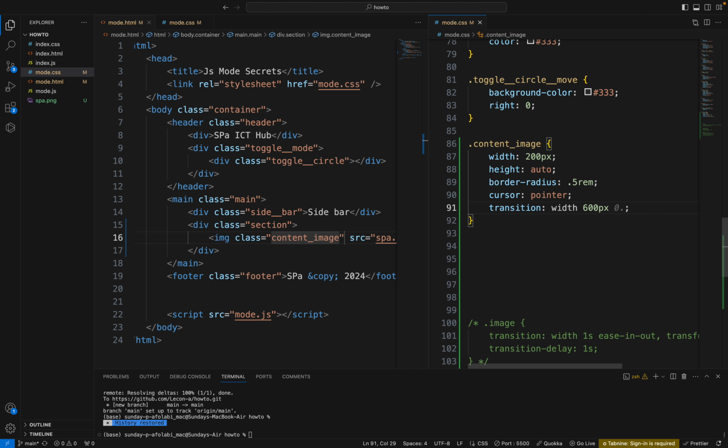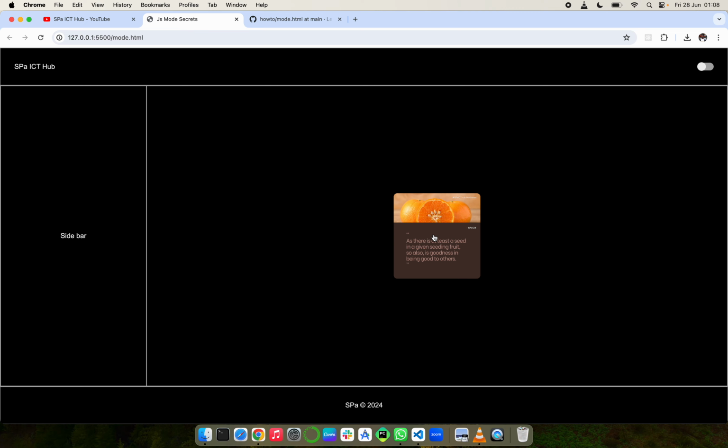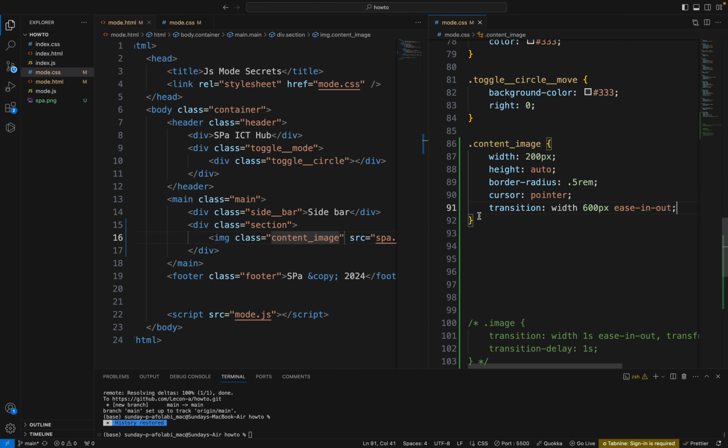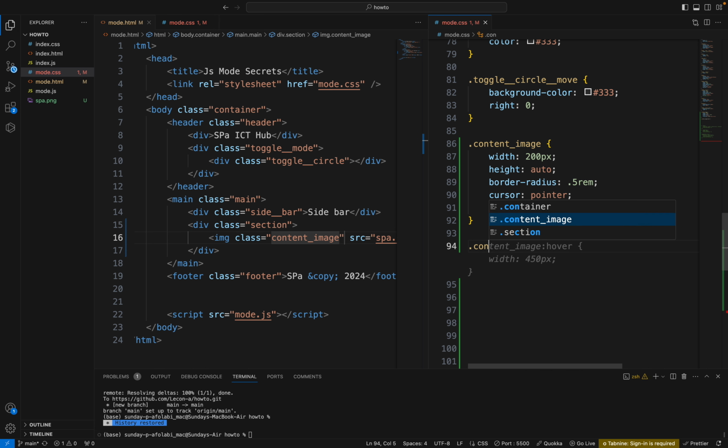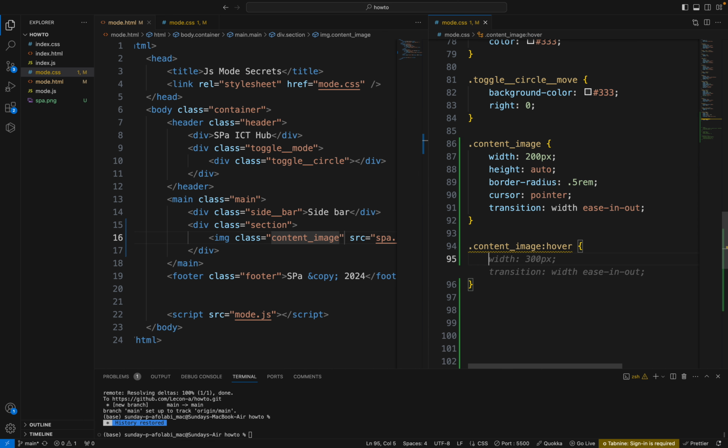Then we can set the type. The type could be ease-in-out. So let's leave that. You can see nothing happened yet. What we want is that when we hover on this, it should change the width to 600. So we need to remove the 600 from the initial value. The initial value is 200 pixel. So when we hover on top of that image container, we want it to act as a hover pseudo-class. So we want to change the width to, say,